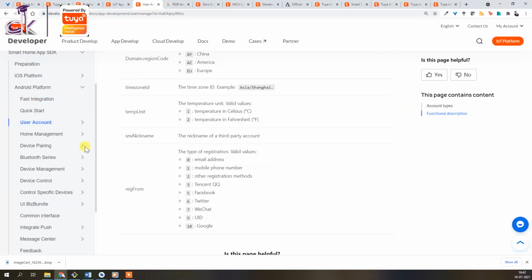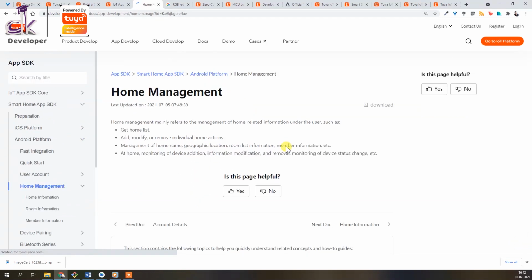Similarly, if you go to home management, here what this allows you to do is get the home list, add, modify individual home, and get all the devices that are in the home, right?